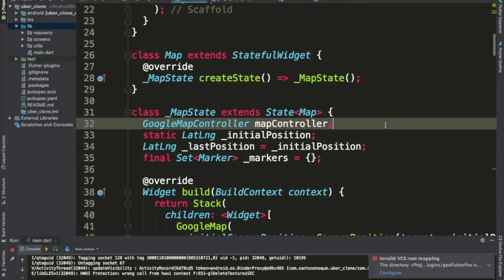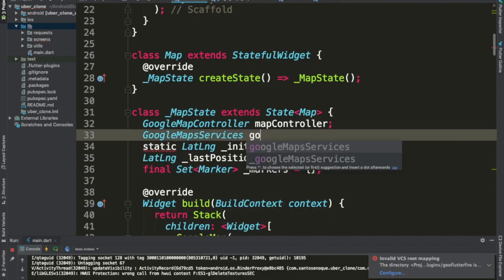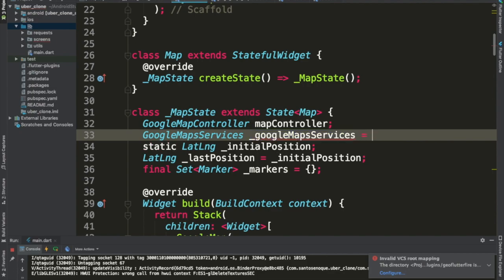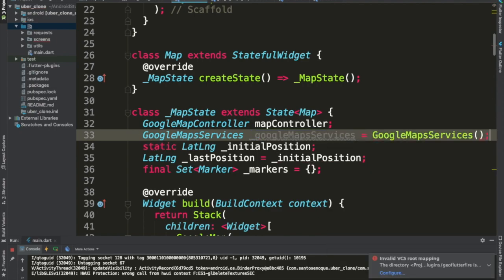So down to our map, we are going to create some variables, and Google Map Services. We created this variable, Google Map Services. Okay,